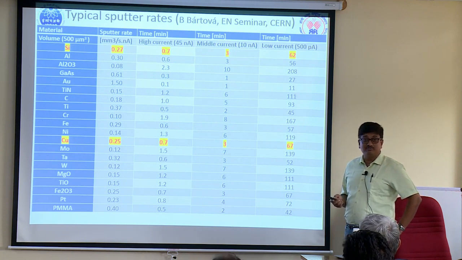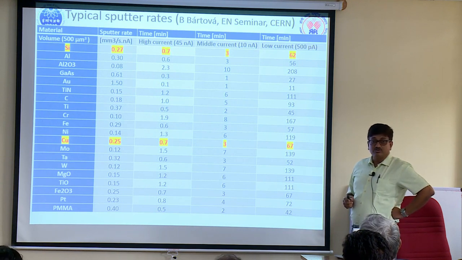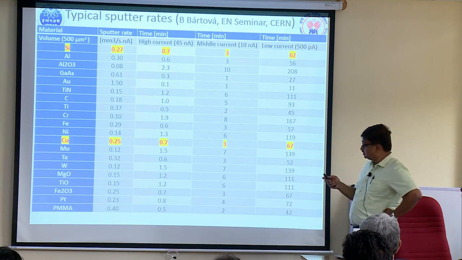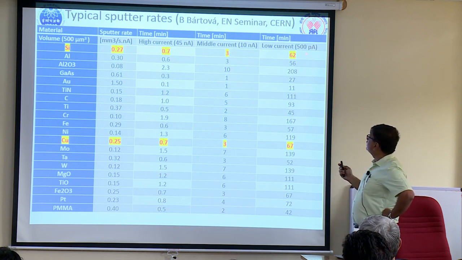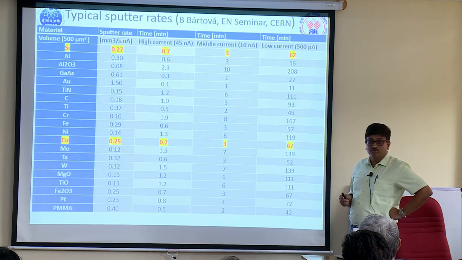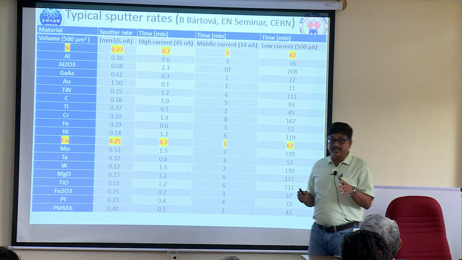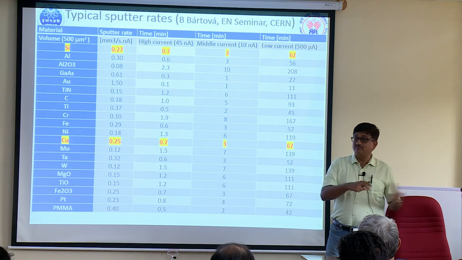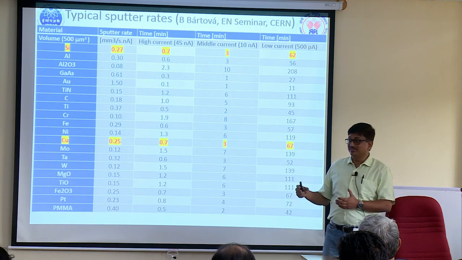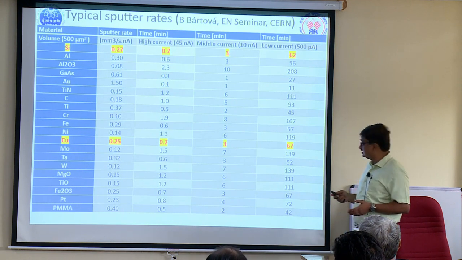Here it is 500 cubic microns. So you need roughly 0.7, that's around 42 seconds, to remove so much material if you are using 45 nanoamps. If you use something like 500 picoamps, it takes as much as an hour to remove the same material. So you need to optimize. The main thing is that your pumping system should be efficient enough, with the same rate of suction as the rate at which you are removing material. Otherwise you will see a lot of curtains. This is where you need to optimize the system.